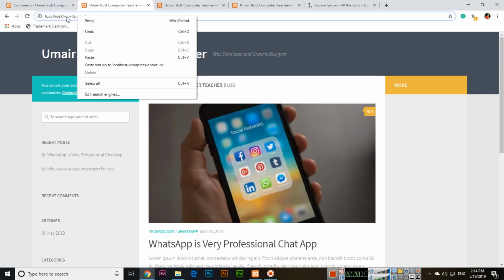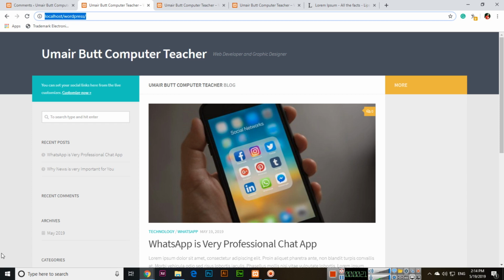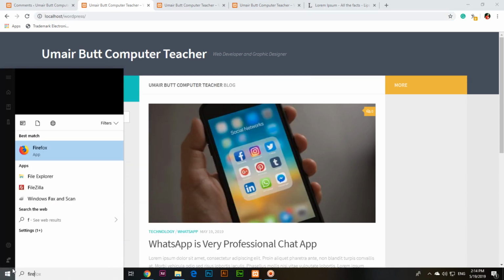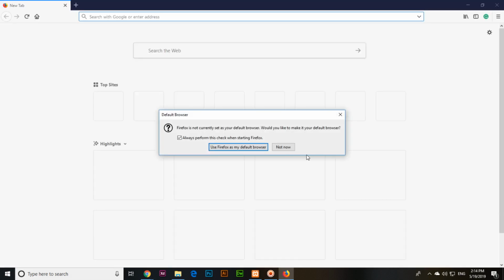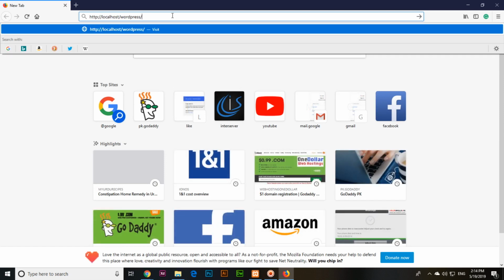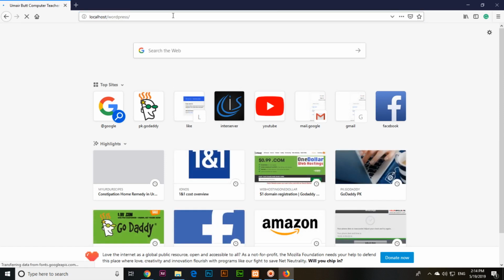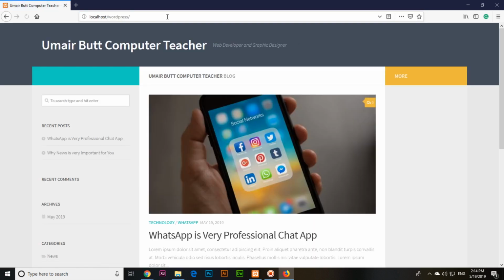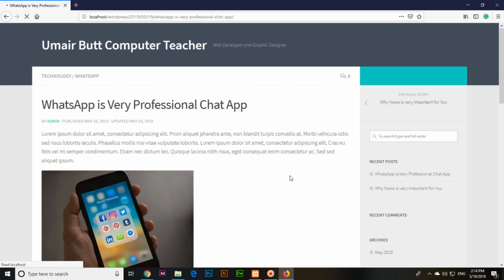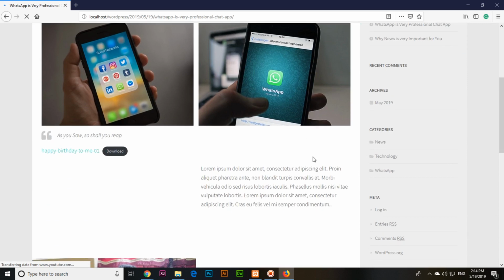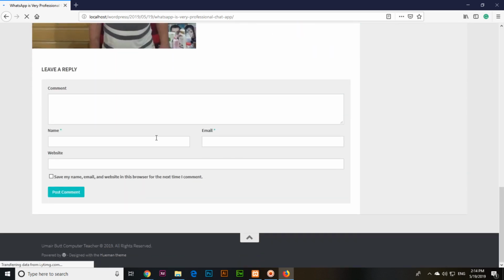localhost/WordPress link and open it in another browser, not in this browser. I will open Firefox because there I am not logged in to my WordPress. So just like a user, I will visit the website. For example, I open the post WhatsApp is a very professional chat app. This is just like I'm a user visiting the post, and here you can see now I can